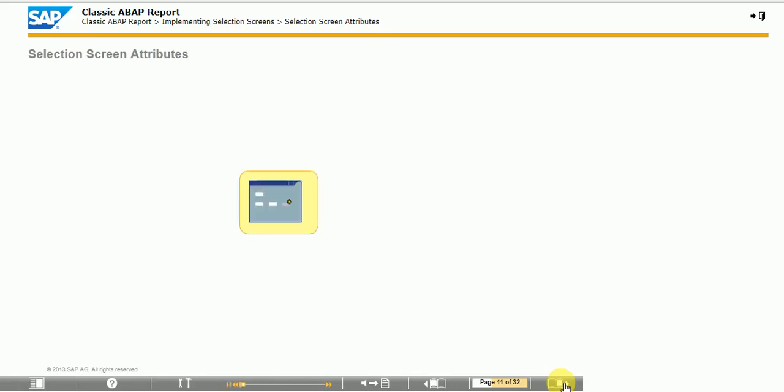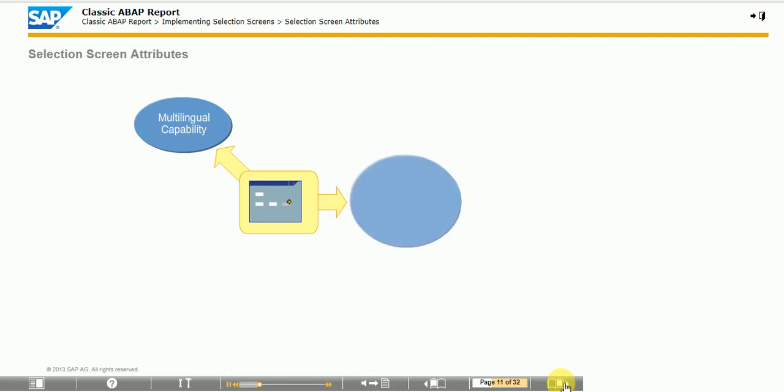The selection screen has the following standard functions. You can maintain texts on the selection screen in several languages. At runtime, the system displays the texts in the user's logon language. You can enter any type of input field on the selection screen. However, if you enter something that does not correspond to the type of the input field, the SAP GUI will